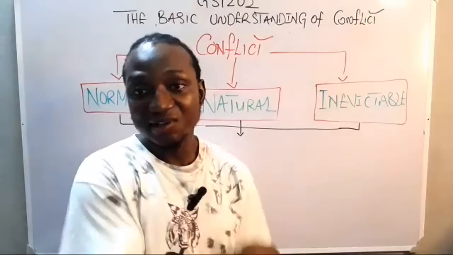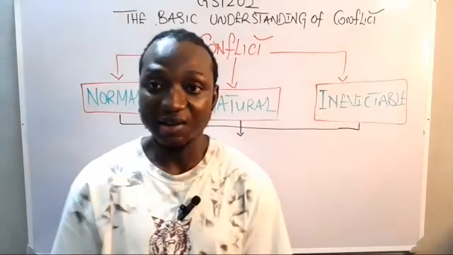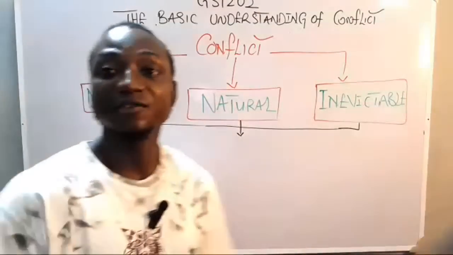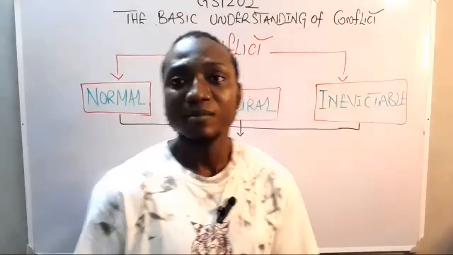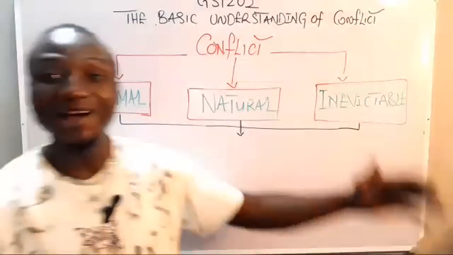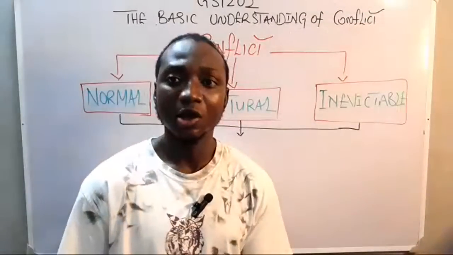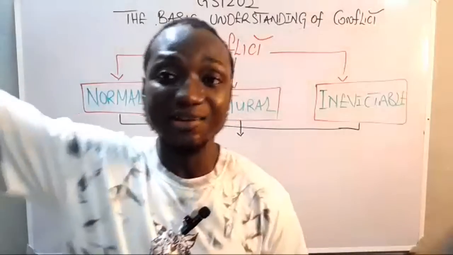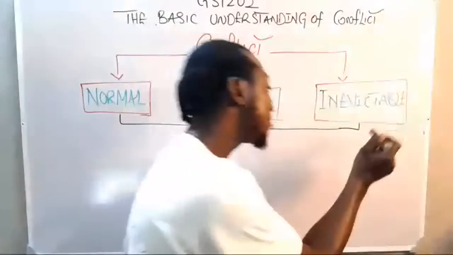All right. Now, this class we are having, there are just about five of us in this class. Give it some time, maybe 1 or 2 months, you realize that the views are doubled. Why? Because there are other students that need to be in this class, but they could not at the moment. Probably they have other pressing and demanding things. Therefore, they can't meet up with this class.